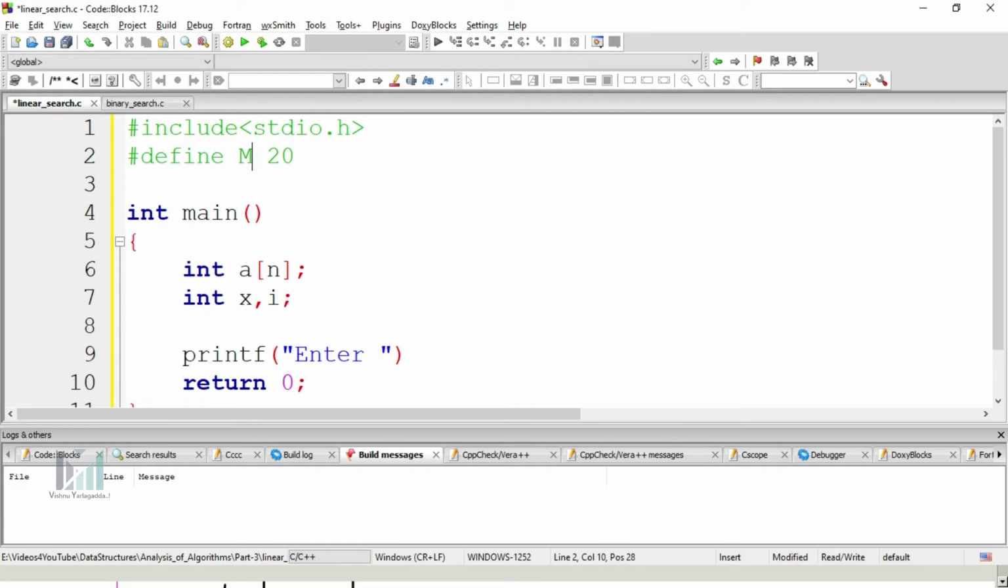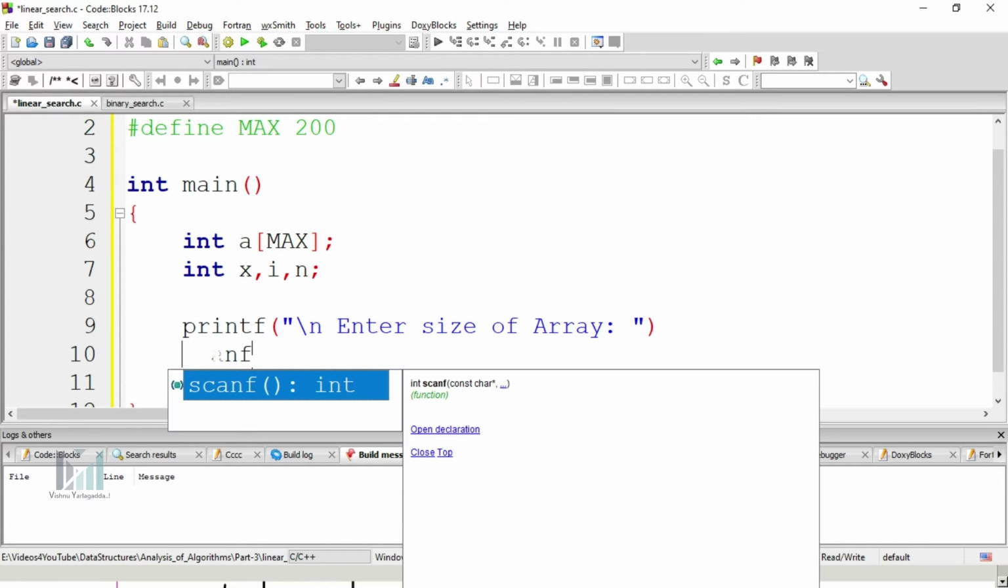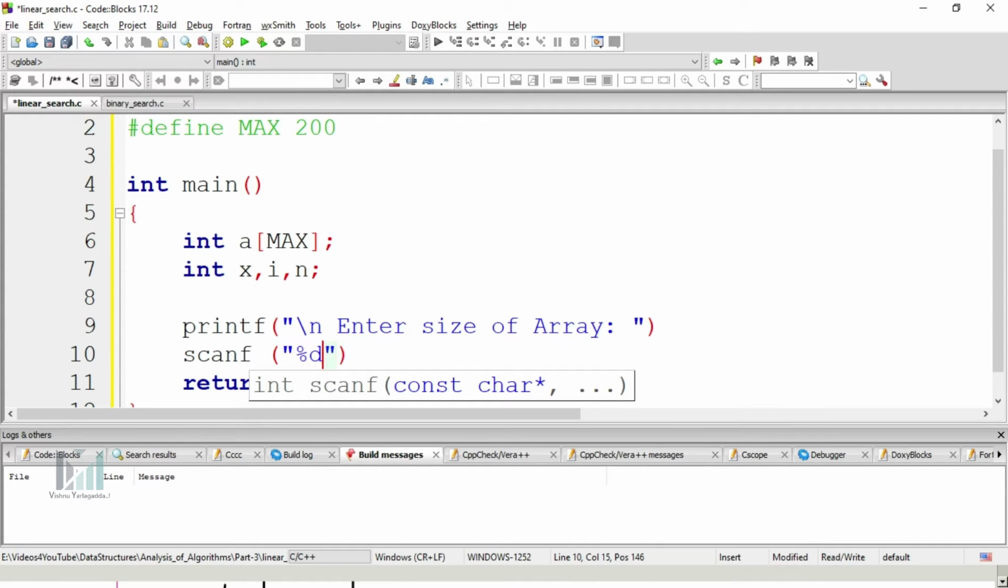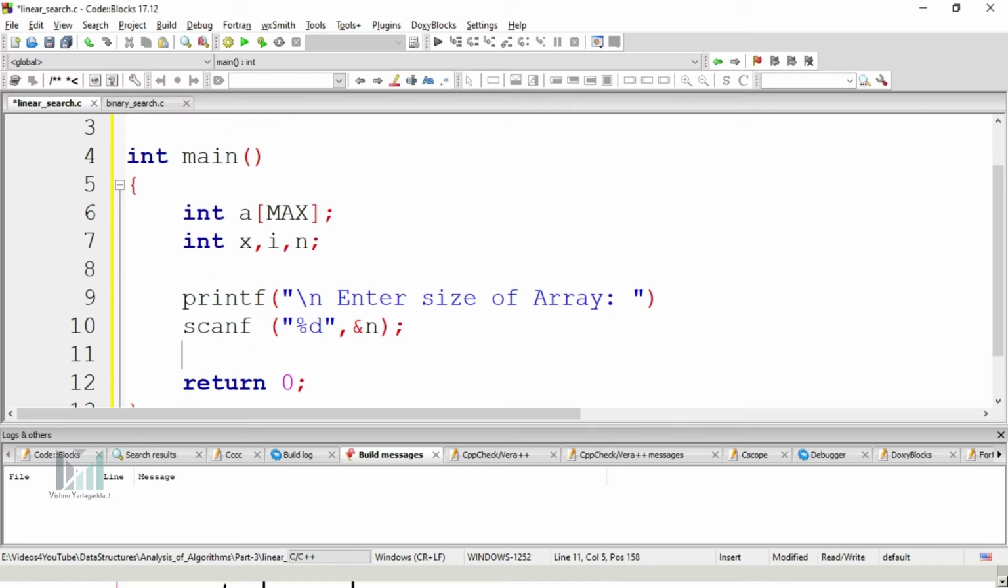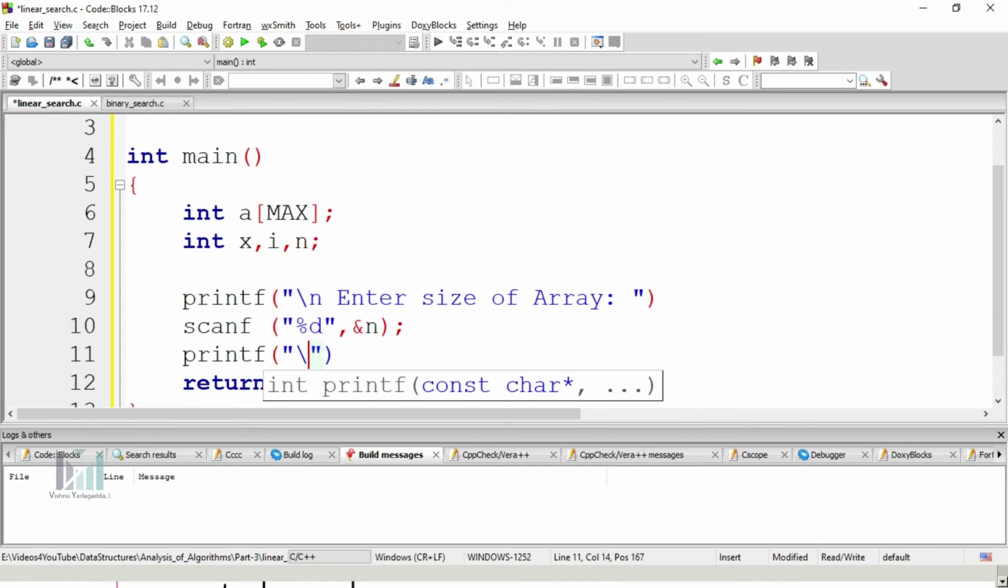I am declaring it as max. Max is some 200 elements. Int a[max]. So then I am taking n value. So printf enter size of array, scanf %d &n. Then printf enter array values,